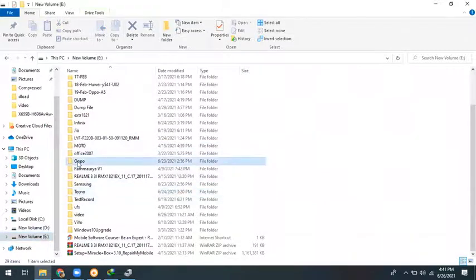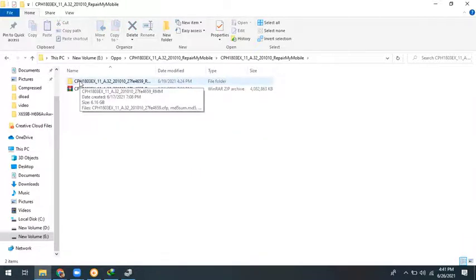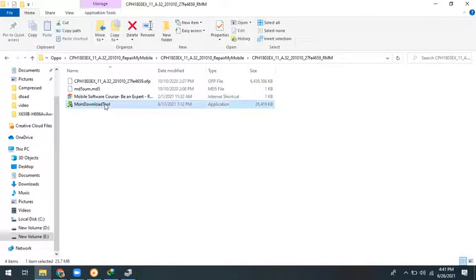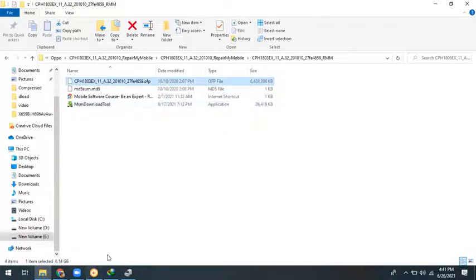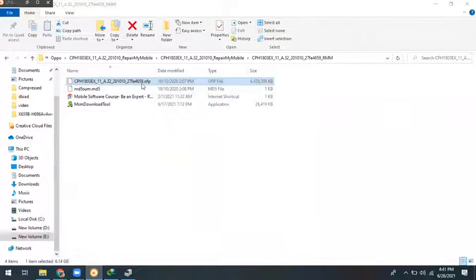For example, we have the Oppo CPH1803, Oppo A3s model, and now I am downloading a simple flash file from Google, and it will show this tool. I know you know very well what the purpose of this tool is. It is a flashing tool, but it is authenticated, so it will come as OFP. So how do we flash with this tool? It supports the scatter file for MediaTek and the programmer file for Qualcomm, but it shows only OFP. There is no scatter file, no programmer file. How to flash with this file? In that case we need to extract this file.